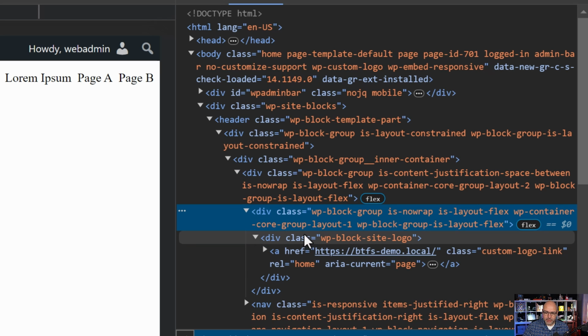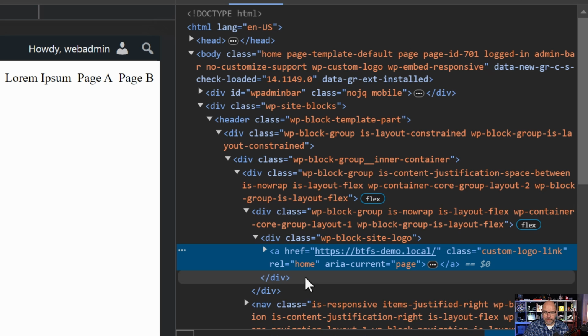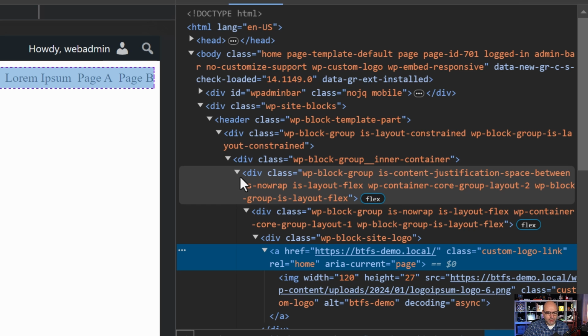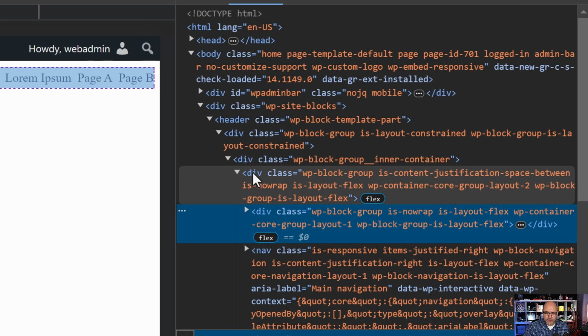It's not terrible, but yes, there is a little bit of divception going on. And you'll notice that the logo is wrapped inside of an anchor. Coming back out of that just a little bit, and we're going to come back here so that we can